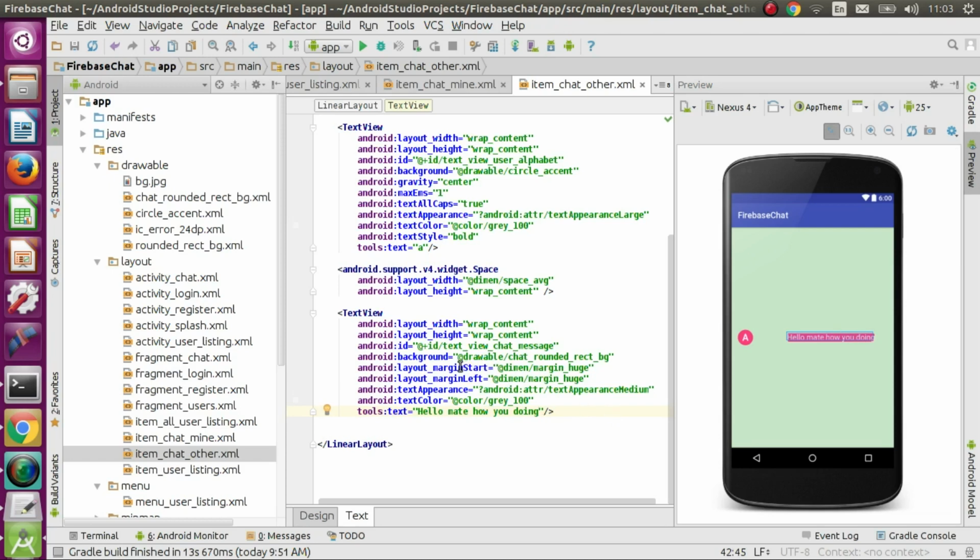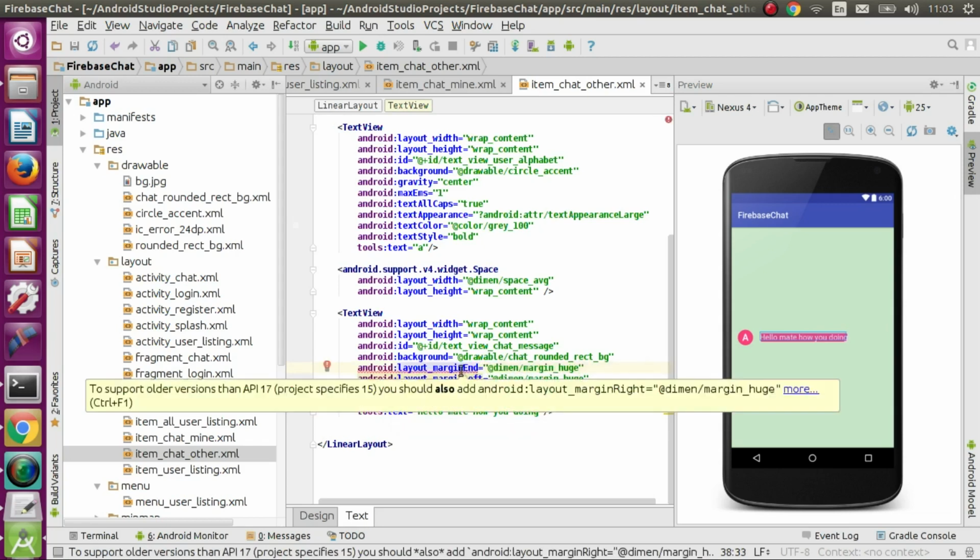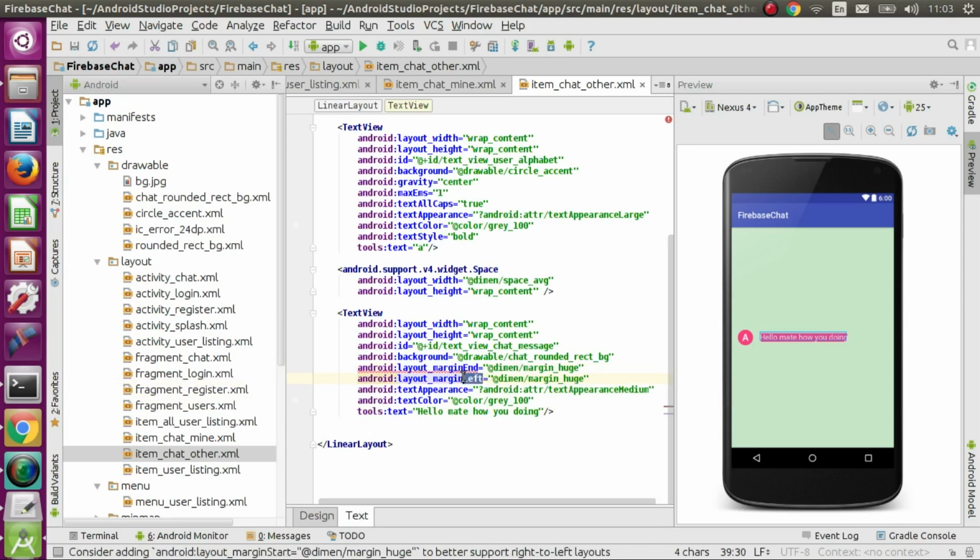I think we need a margin instead of the margin start. Let's have an end. The end we need a right. Margin right. That's fine. So we have that set